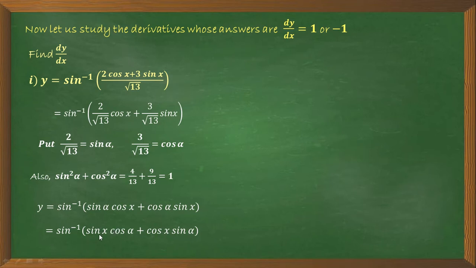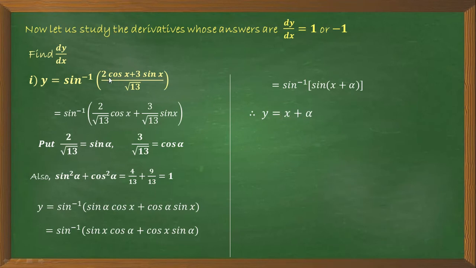Okay, this can be written like this. So what will you get after this? We get sin inverse and in bracket it is the formula, that is sin x plus alpha. So to get the proper compound angle formula here, we adjust these two values. So that is very important that you have to understand. Okay. So now after this we get the simplification, just that is y is equal to x plus alpha.